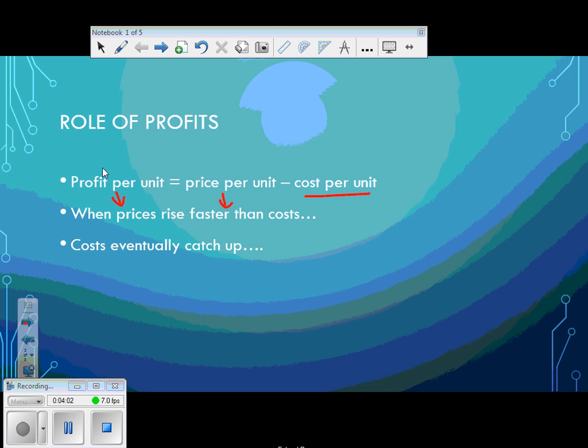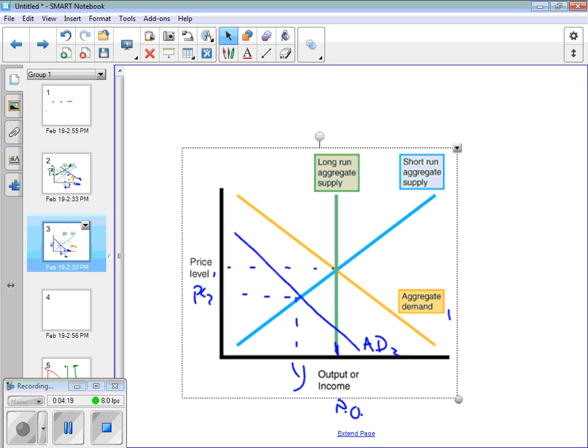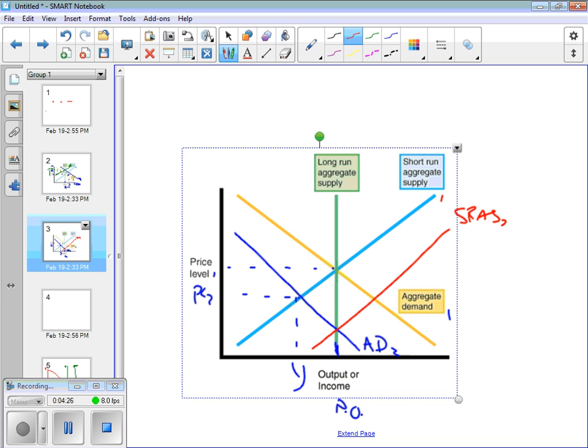Businesses are going to ask workers to take a pay cut because their money wage rate is giving them a real wage raise given the drop in price level. So when workers have their wages renegotiated downwards, short-run aggregate supply is going to increase back to our potential output. In this case, though, we see some more deflation or disinflation. So again, the economy can be self-correcting in the long run.